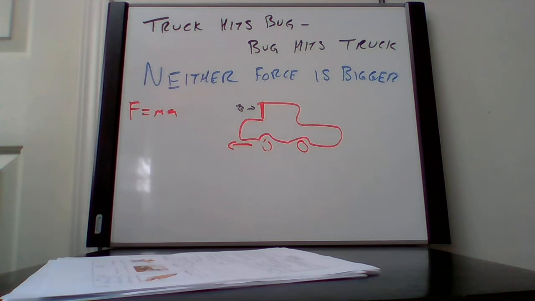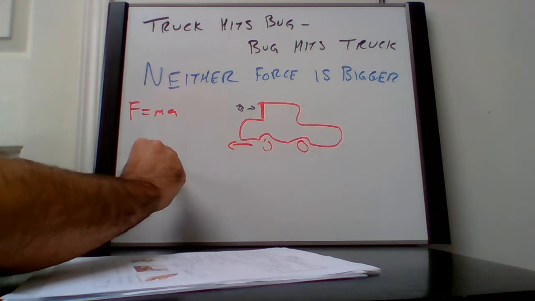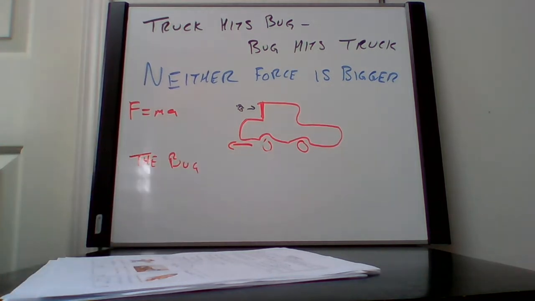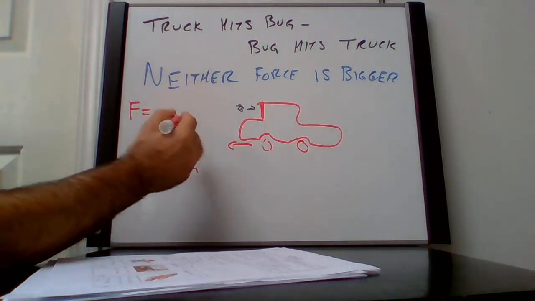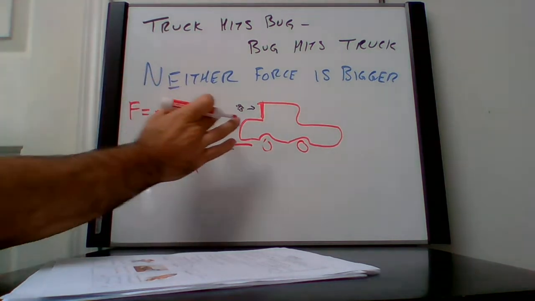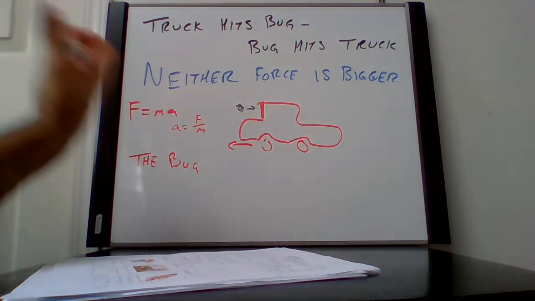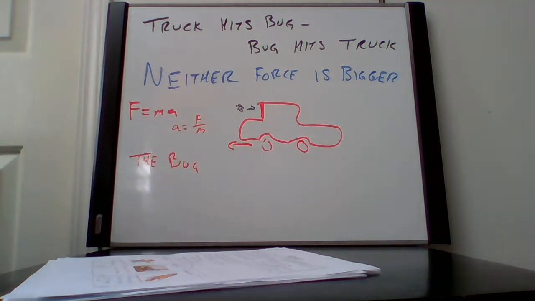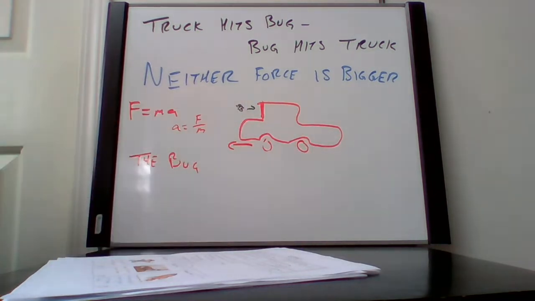Okay, so which object has greater acceleration? Well, in this case, the bug has the greater acceleration. Okay, because acceleration is just going to be force divided by mass. Since our bug is much less than 1 kilogram, our acceleration is going to be much larger, whereas our truck is probably closer to 1,000 kilograms, making that acceleration smaller. So because of that difference in the mass, you don't notice the impact on the truck. You don't see the change of acceleration on the truck, but you definitely see the change in acceleration in the